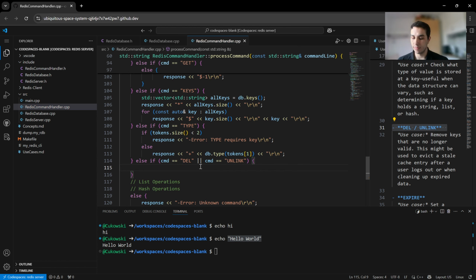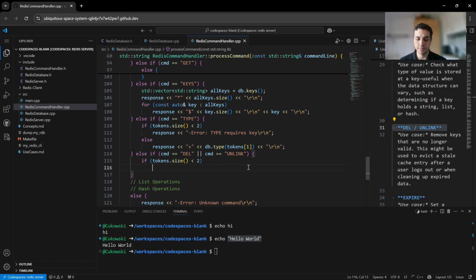In that case, we will be checking for tokens size. It is less than 2 because we need a variable, the variable we want to delete, the variable name key. If it is less than 2, we will say response is minus error